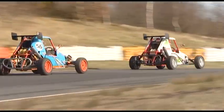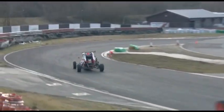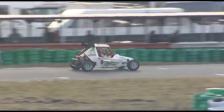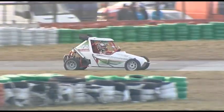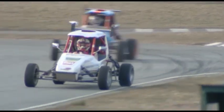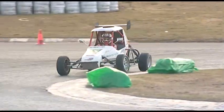He's absolutely enjoying this one, looking out, shouting out, enjoying his racing. I think we've just one bend to go. I think he's going to be working his way to the finish line here to take, well, I thought it was the checker flag, but last lap flag for Duncan McBeth. Yeah, Duncan McBeth, just one lap between him and getting 3 race wins out of 3 here at Three Sisters